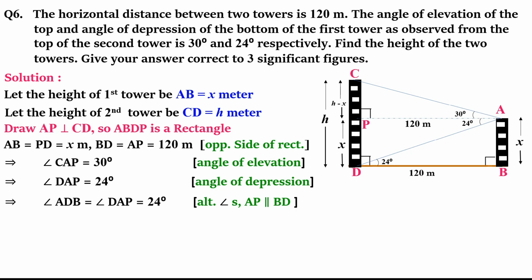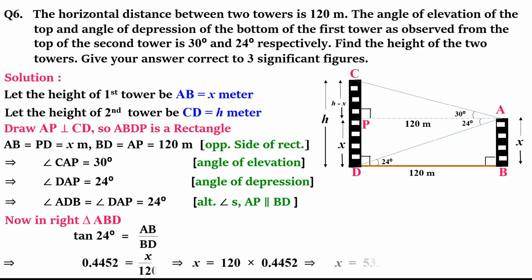Now I have a right triangle ABD and one more right triangle APC. I will apply the T ratio in both the right triangles to find the value of x and h, the heights of the two towers. In the first right triangle ABD, of course I will make use of tan, because perpendicular is x and base is 120. So tan 24 is AB upon BD, which is x upon 120, and tan 24 we will find from the trigonometrical table. So the value of x comes out to be 120 into 0.4452. When multiplied, I get